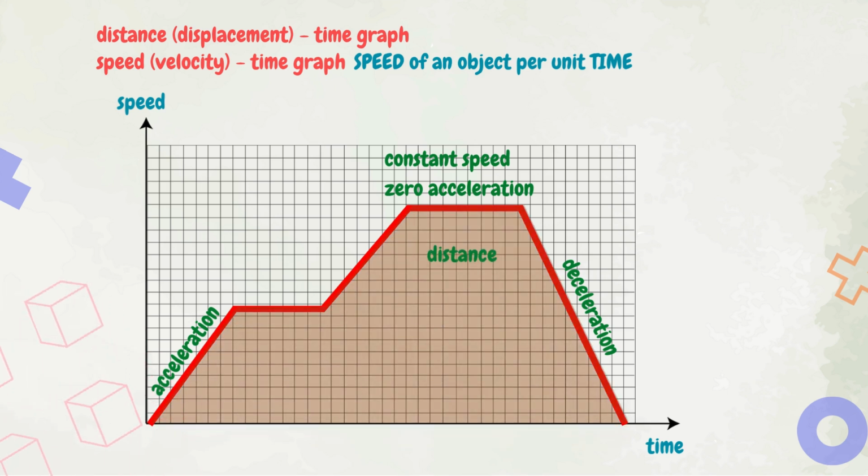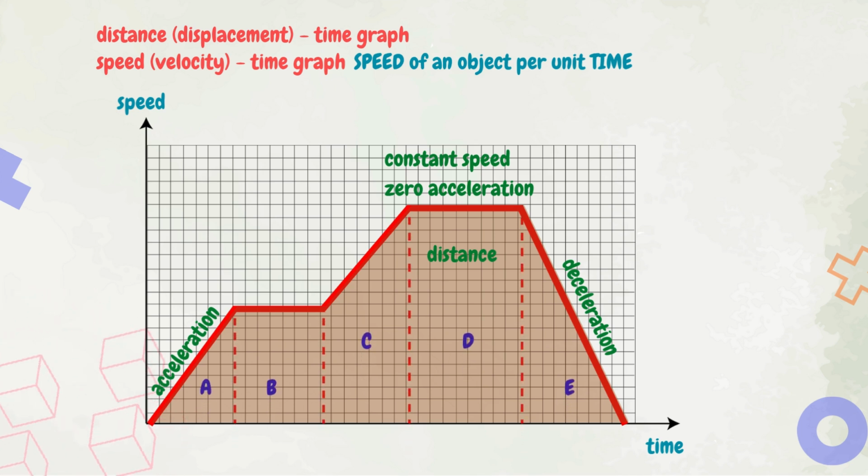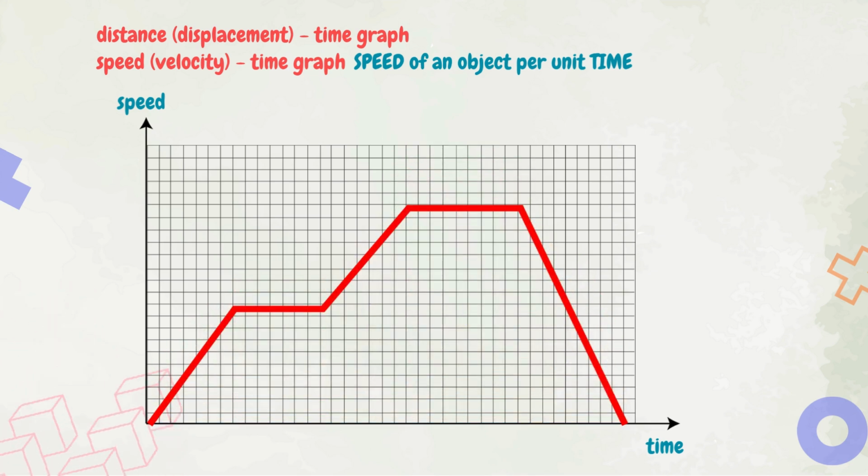The area of the graph is calculated using mathematical methods. For instance, the shaded area of this graph can be found by dividing it into sections. Area A is a triangle, Area B is a rectangle, Area C is a trapezium, Area D is a rectangle, and Area E is a triangle. By finding the total area of these individual sections, we can determine the area of the shaded graph, and that